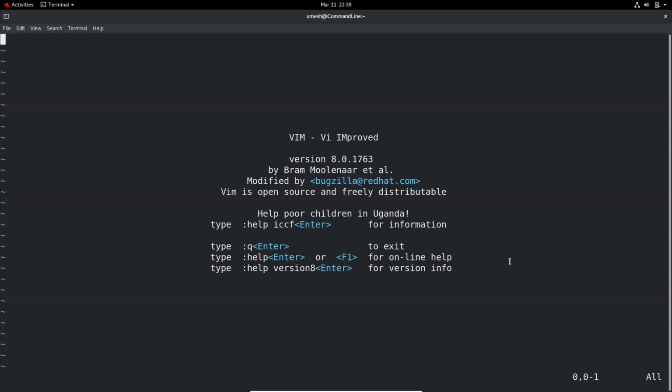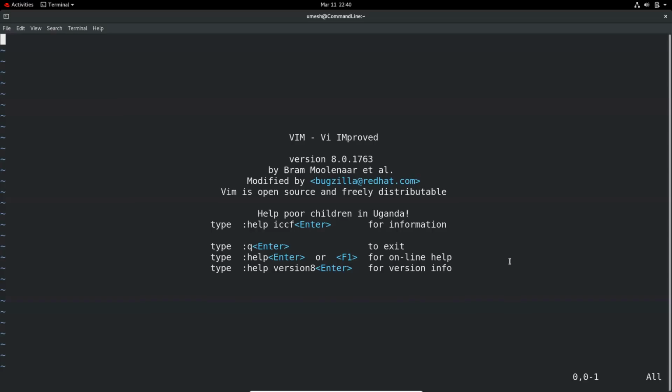In addition, VI has a very extensive built-in manual, which you can launch using the help command, which we'll see shortly. There are so many clone versions of VI, but Vim is probably one of the most popular and powerful clones that comes pre-installed on most of the Linux distributions. I'm using Red Hat Enterprise Linux 8, and it's there. VI is there. I didn't install it. Vim stands for VI Improved, and it supports all the basic commands plus much more.